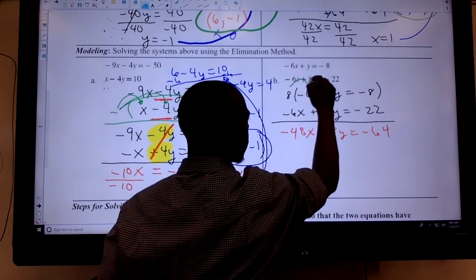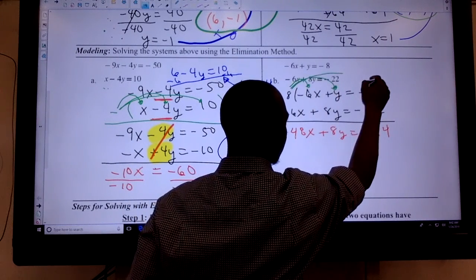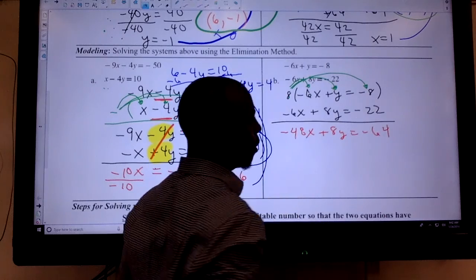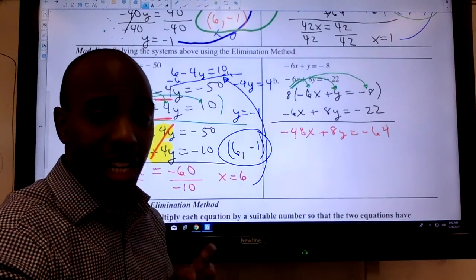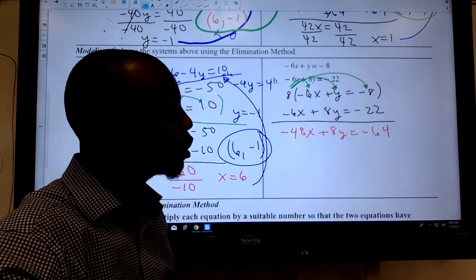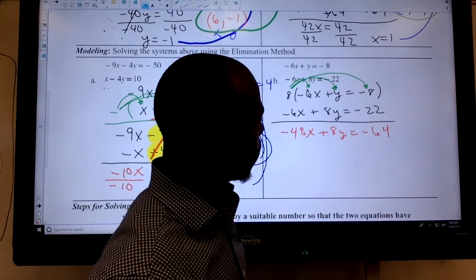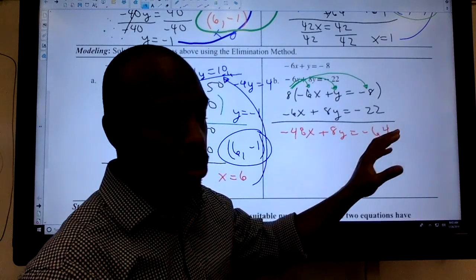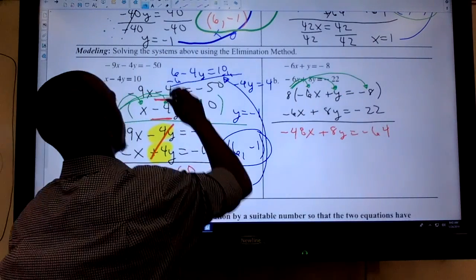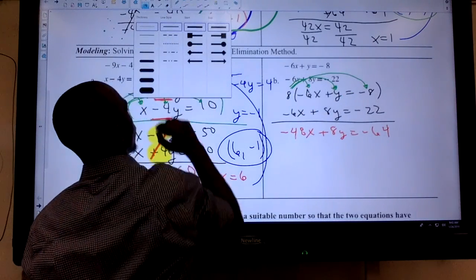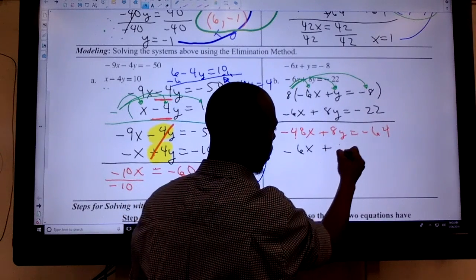I distributed this 8 to everything inside this parenthesis. Now I know you didn't see parentheses originally. I put them there. But you need to make sure that if you're going to multiply the first equation, everything in it needs to be multiplied by whatever number you're trying to multiply that equation by. Okay, so I'm going to write the second one down here again, negative 6x plus 8y,